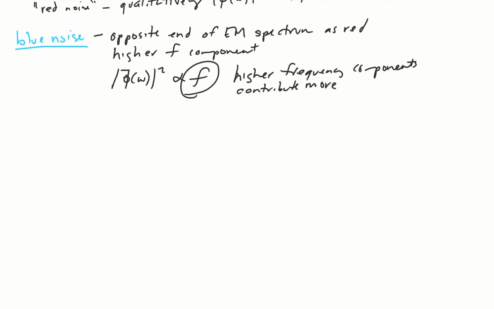There's also other colors of noise. You may hear of gray noise, violet, which would be F squared, since it's at the blue end of the spectrum, black noise, etc. But these are not as relevant to electronics, so we won't be talking about them in this class, but you may hear of them if you're working with noise and audio or the like.